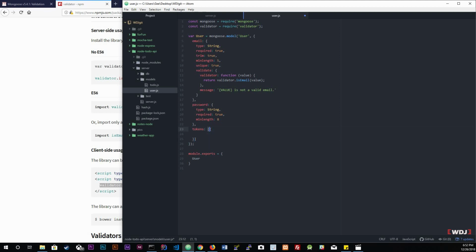This is why it's going to be an array of objects, and every object is going to have 2 properties: the access property, which we will have to define, and the token property, which we also will have to define. So the access property is going to take in the token type. In this instance we're going to be focusing on authentication type, but there are other token types, such as